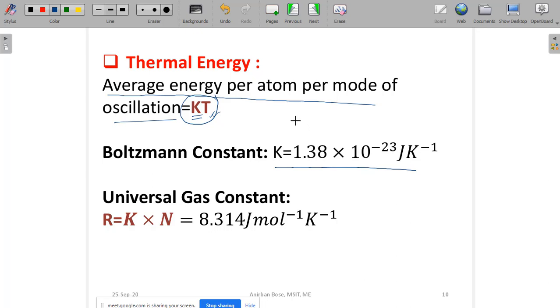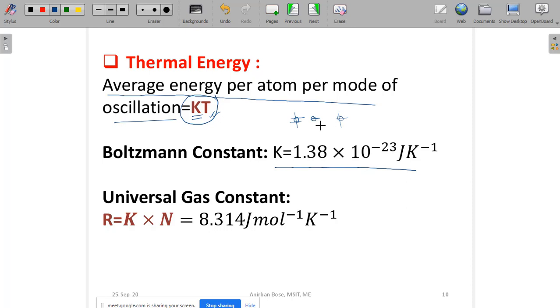Because these atoms which are oscillating, remember, do not all have the same energy. They vary in amplitude, and the oscillation takes place in varying directions. Maybe their frequency is stabilized at a particular value, but their amplitude is varying, remember, and this amplitude directly indicates their thermal energy. If the amplitude is more, that means the thermal energy is more, or the temperature is more. If the amplitude is less, the thermal energy is less, meaning the temperature is less. So the amplitude is varying continuously.